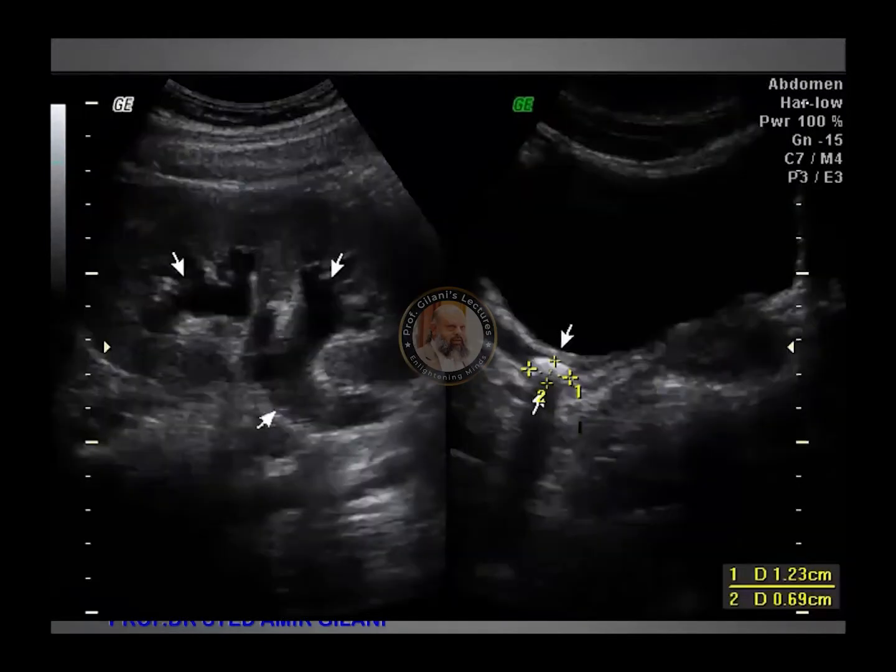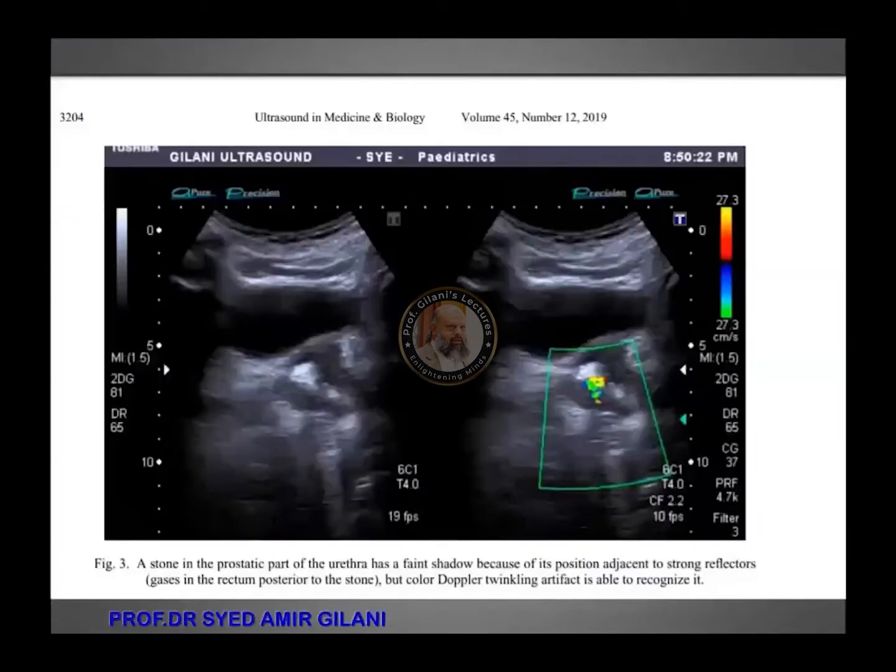Here it is the urinary bladder, and the lower third of the ureter at the ureterovesical junction, and a stone with shadowing. It is hyperechoic, and it is causing moderate hydronephrosis. This is the kidney of the same side, which is on the right side. Then we have a stone here at the trigone, which is almost going into the urethra, and the stone is there,